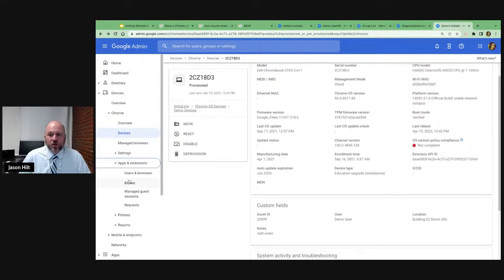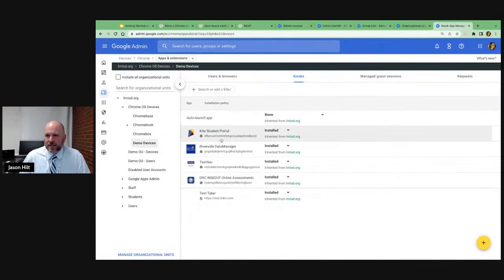So I want to quickly show you. I keep mentioning state testing because that's happening in Pennsylvania as we speak. Districts are prepping for it. I know throughout the country that happens at various times. There are kiosk apps, and let me click on this. And at a high level for demo devices, as I showed you before, we've got a couple here. We've got DRC Insight, which I think 25 states use. We've got TestNav, Riverside, and then within the